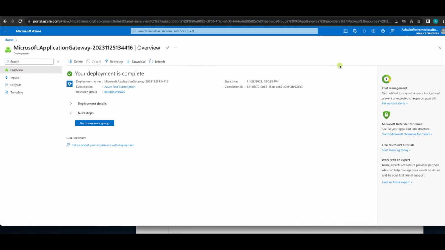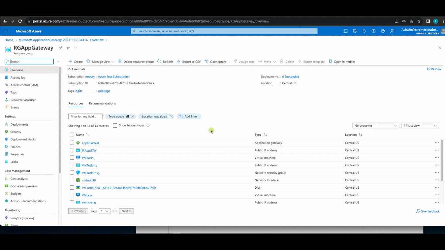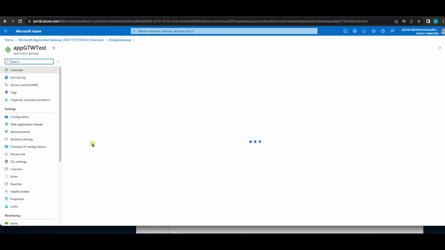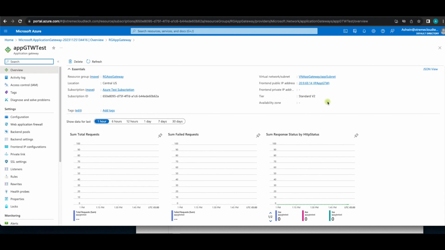So this took a while for the deployment to complete. Now I had paused the video till then. Now we are back. So we'll go to the resource group. We'll check how this will work. So you can see this is my application gateway. I'll open the application gateway now, and you can see this is the front-end public address that has been provided here. So we can copy this,